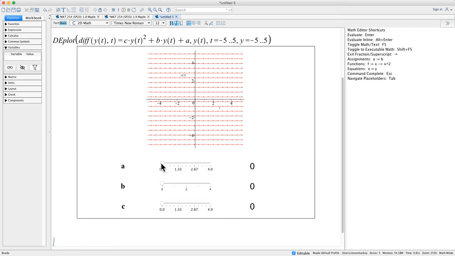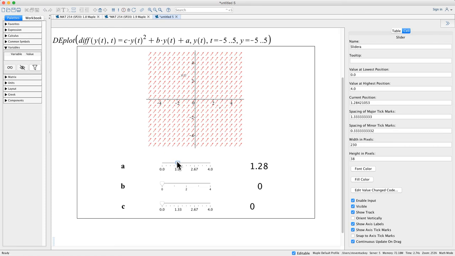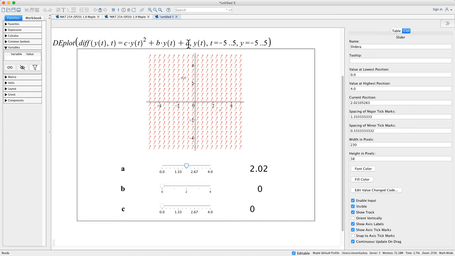Now, as soon as I change A, the A value up here that is an extra constant, you can see that the value of those little arrows is changing. The direction is changing, and the bigger A is, the steeper those arrows are, because when A equals, let's put it at 2, or as close as I can get it to 2, if dy/dt equals 2,